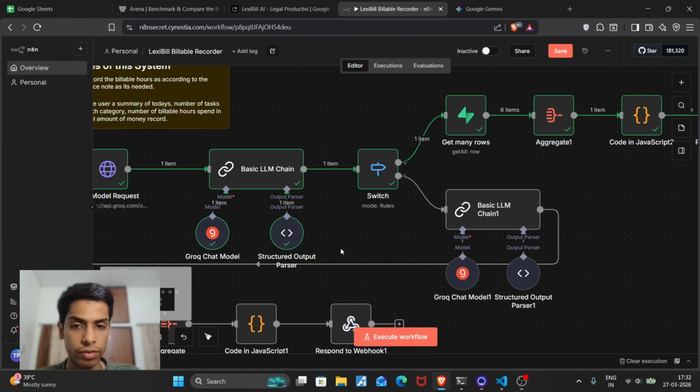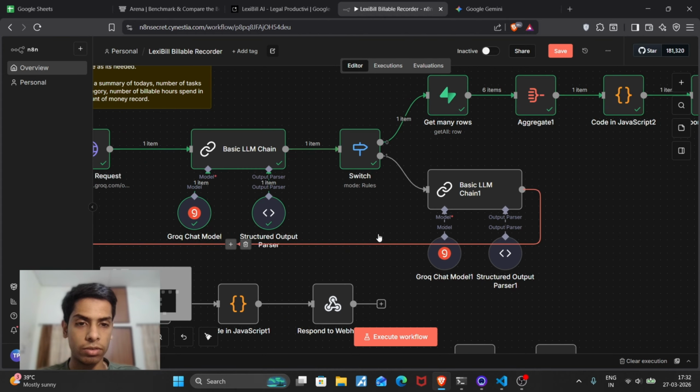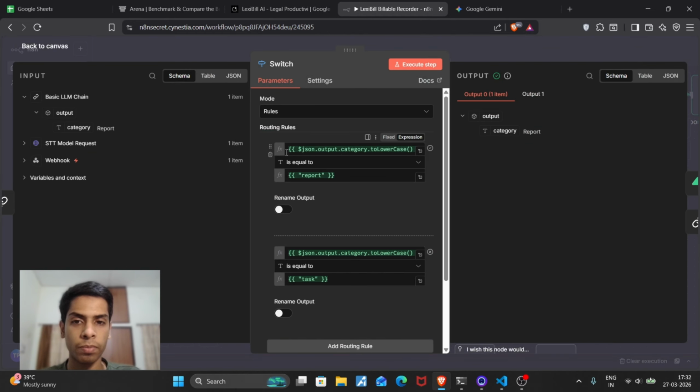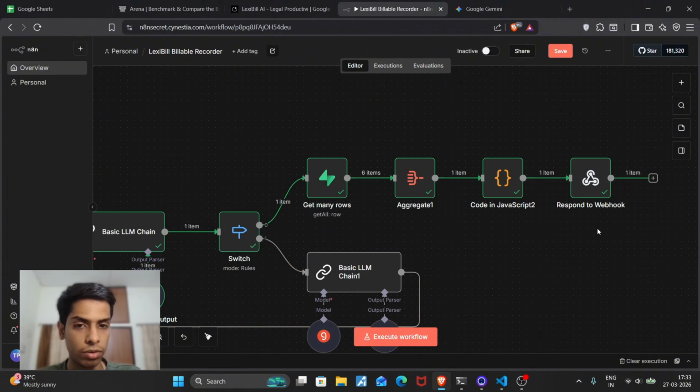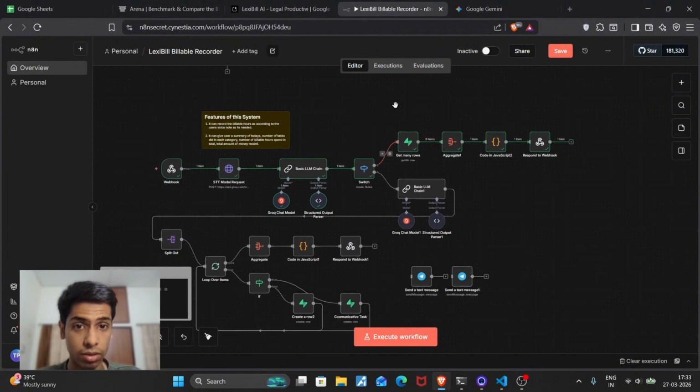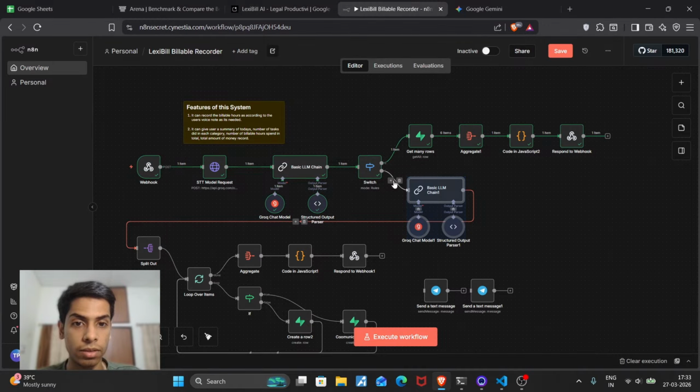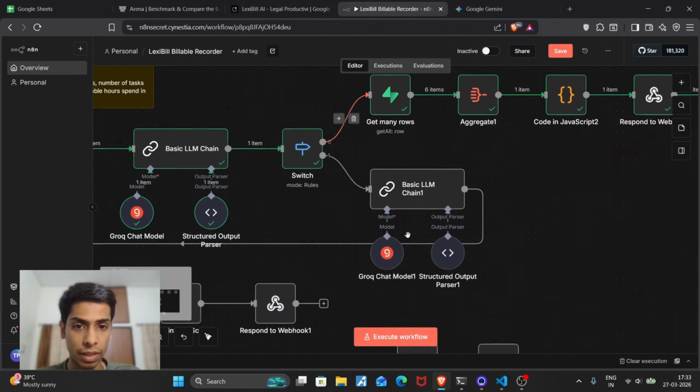Then, after getting the category of the kind of task the user wants to perform, it's going to be sent accordingly. So if we want a report, it is going to go to this workflow, and if we want to record a task, it is going to go to the second path. So let's say we are actually